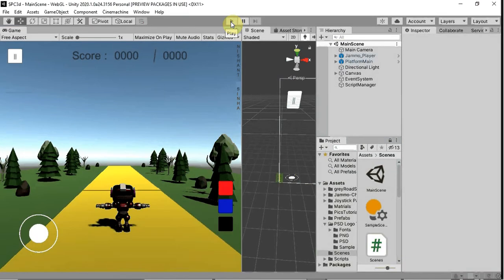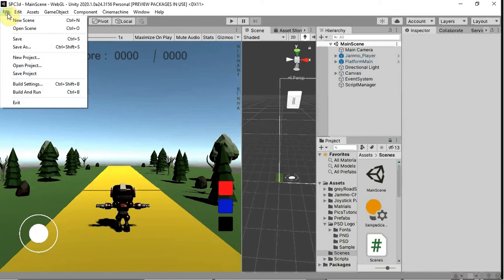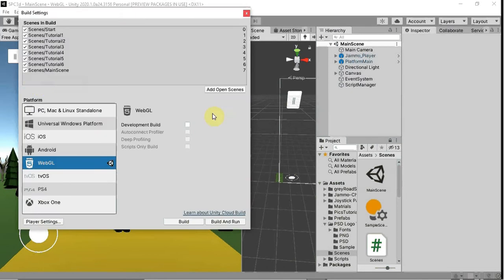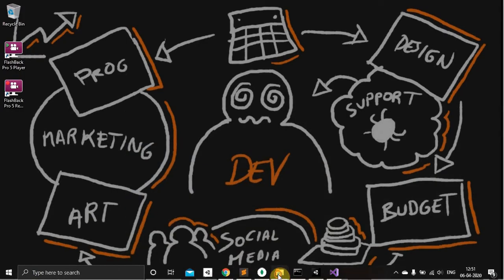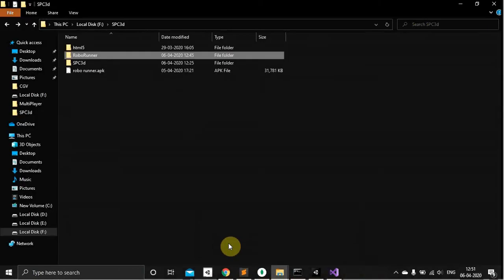First of all, you need a WebGL export of your game. So make sure that you are using the WebGL platform. If you are using the WebGL platform and everything is okay, you can just go to File, Build Settings, and get your game built. After getting your game built, you will get a